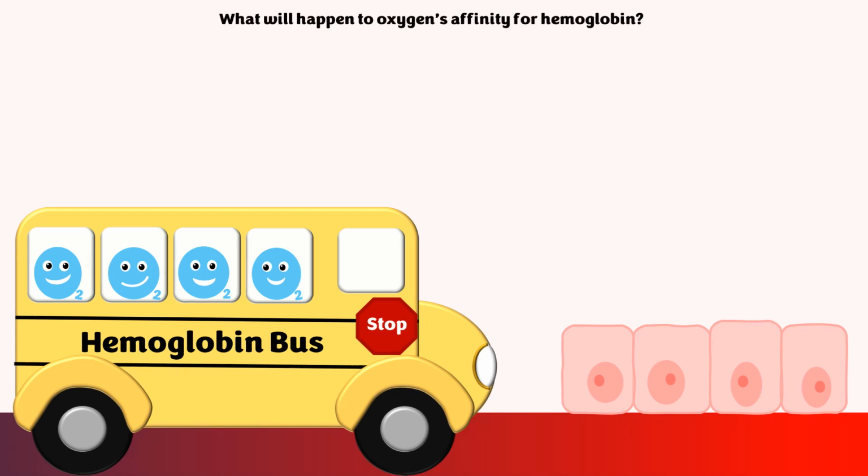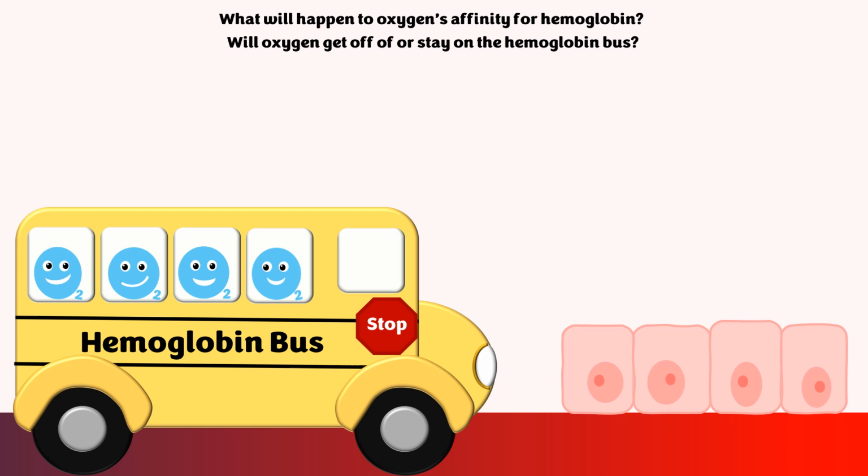When the hemoglobin bus pulls up to the tissue, the question becomes, what will happen to oxygen's affinity for hemoglobin? Or another way we can ask that question is, will the oxygen get off the hemoglobin bus or is it going to stay on? And that's going to really depend upon what's happening out in the tissues. So when the hemoglobin bus pulls up, the oxygen molecules on the hemoglobin bus are going to look outside and